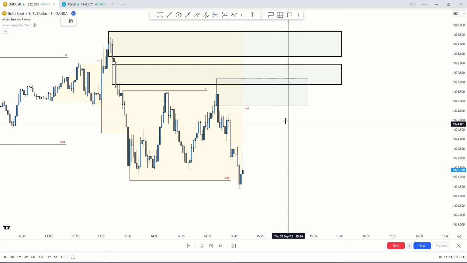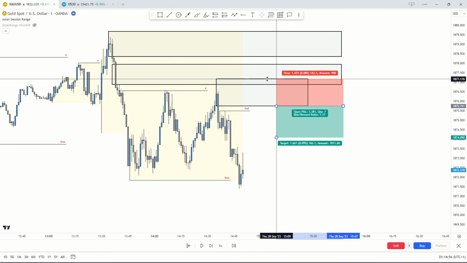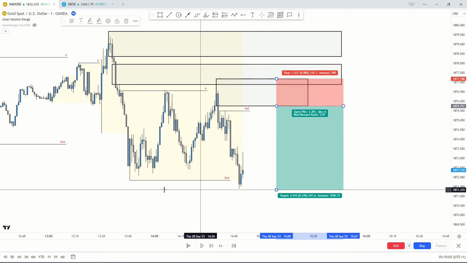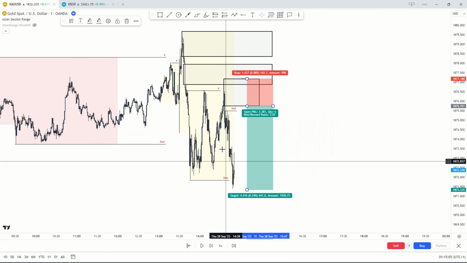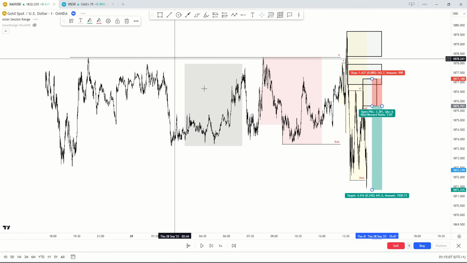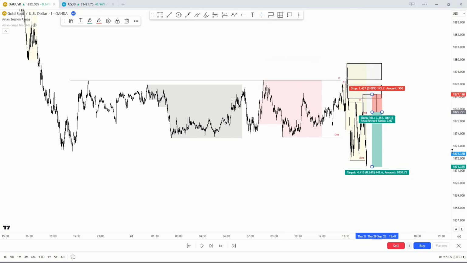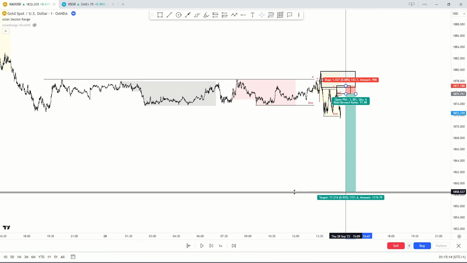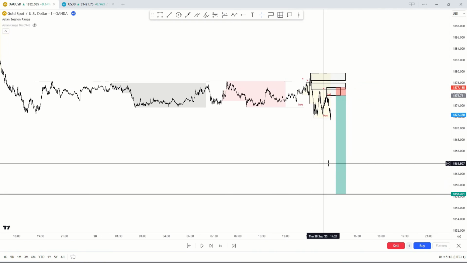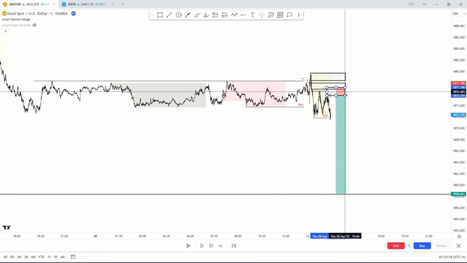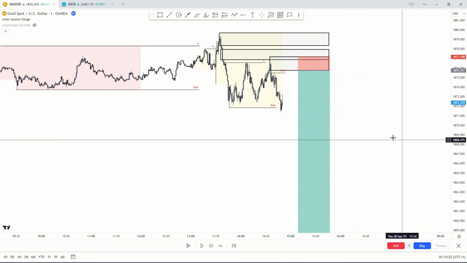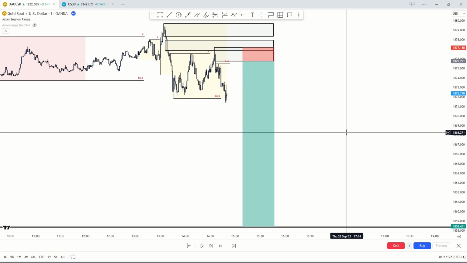So we have our entry point. We have the entry model that I was talking about at the start of the video. It's laid out in front of us. We have the break of structure confirming our bias. We have the overall bias and we have the 10-minute liquidity sweep and the 10-minute break of structure. Now we have our targets, which is that daily level of demand, and we have an easy New York trade laid out in front of us. And if we just go through the results here,